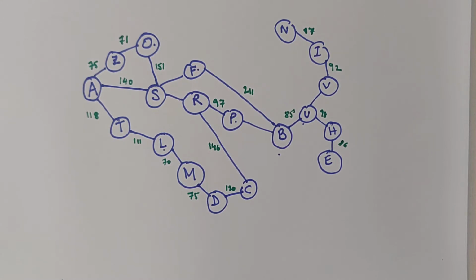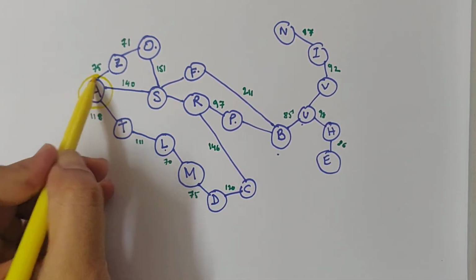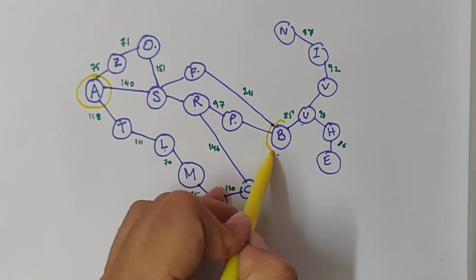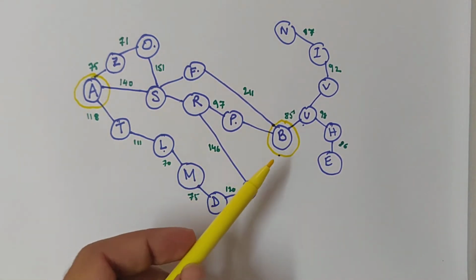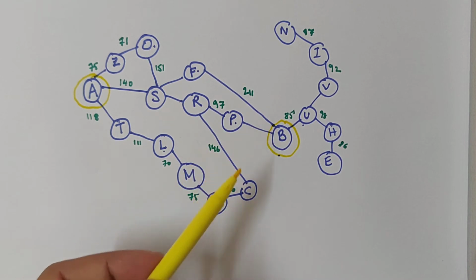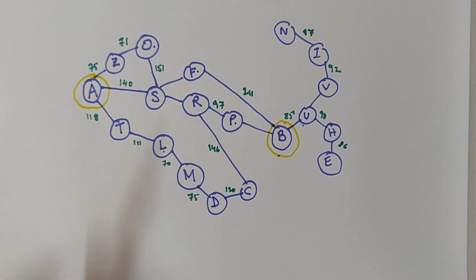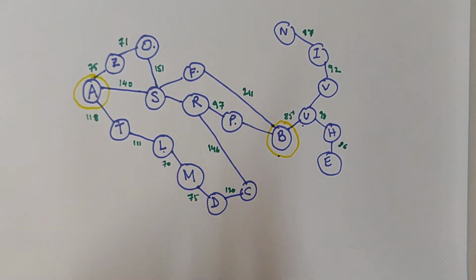Now the initial state that we have been given, for an assumption, let us take A is the initial state and B is my goal state, which means that my goal test will give me a true if and only if the state passed as an argument to the goal test function is B. For all other states, the goal test will say that it is not a goal state.